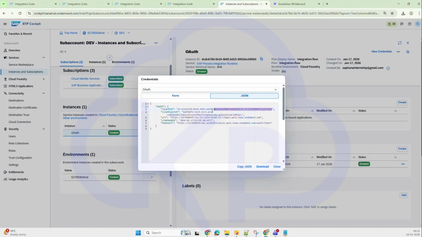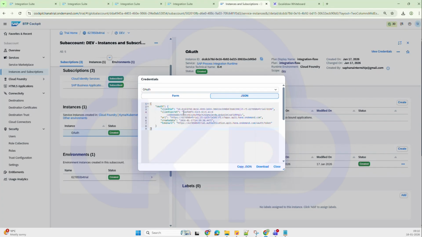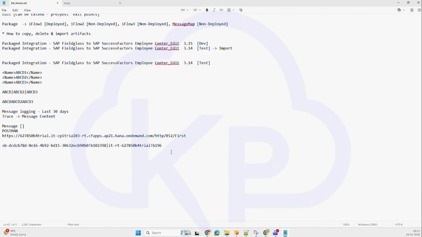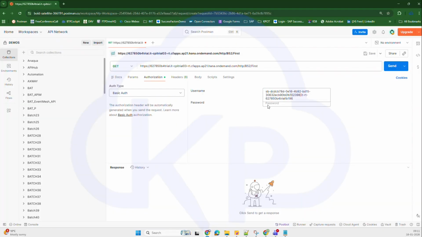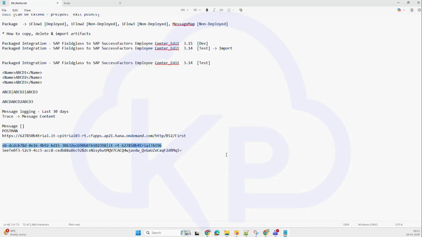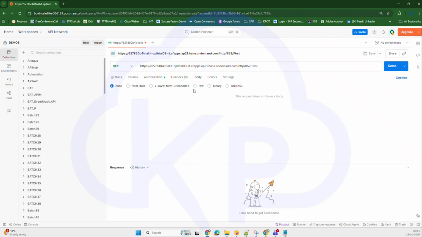If somebody wants to access my service as well, you can do this. I will be sharing these credentials as well. You can use these credentials to access my CI endpoint as well. So this is my client ID. I will just copy this and paste it over here, and the password as well. Then I will come to the body, raw data, and here I'm going to pass